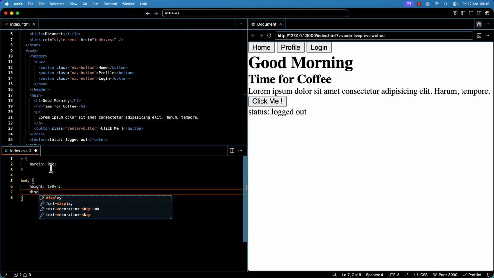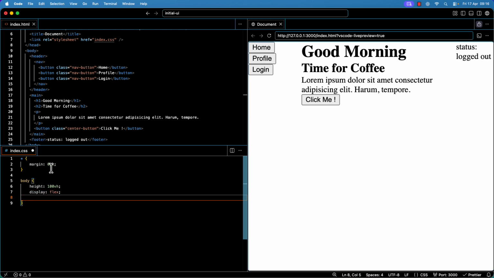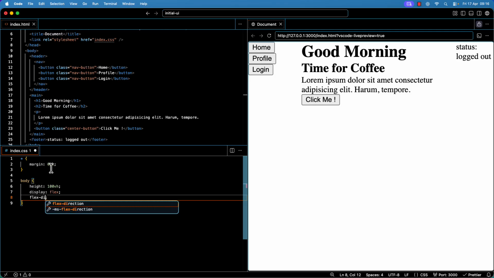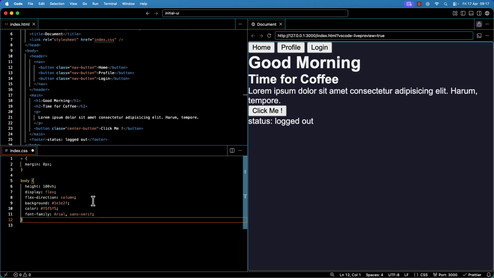And I will make it a Flexbox with a direction of a column. And I'll just paste in some color values here and a font family. And now for the main section,